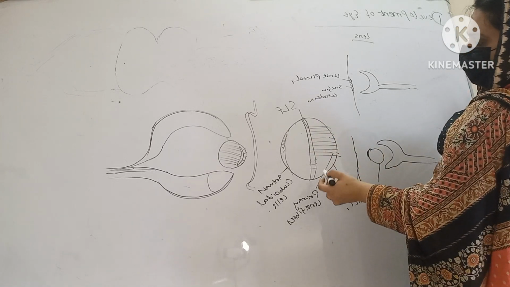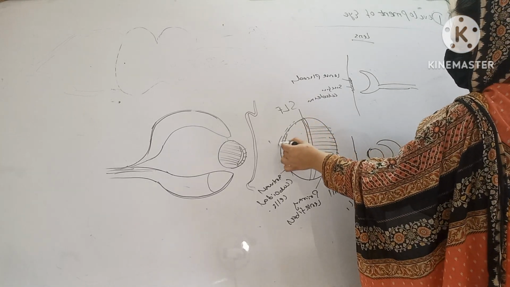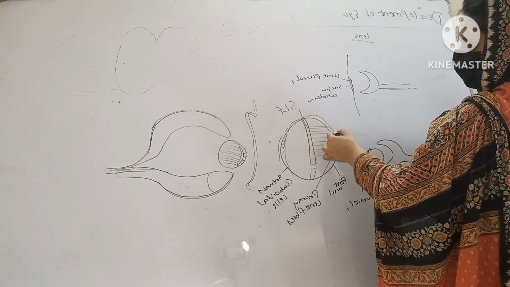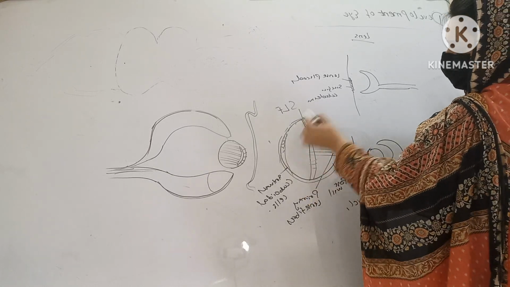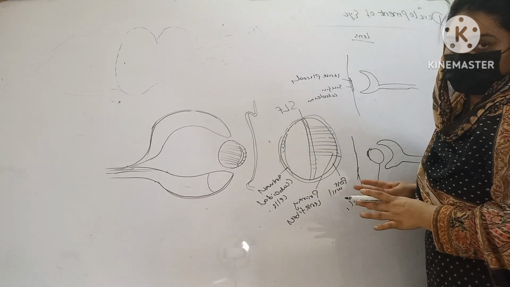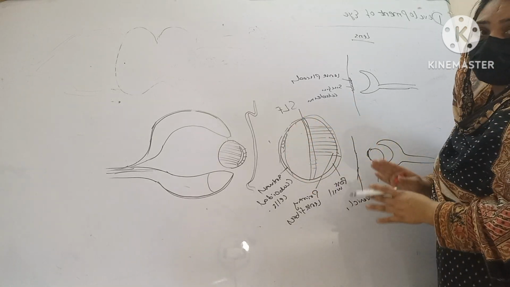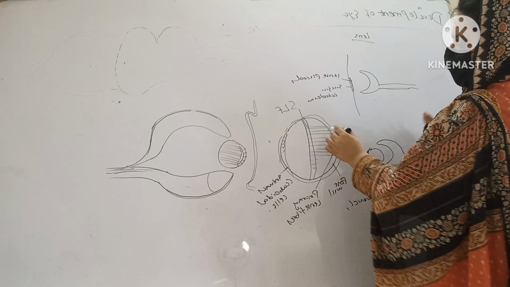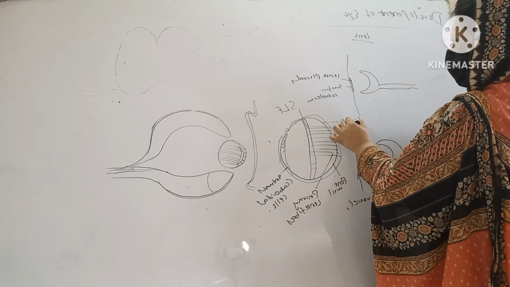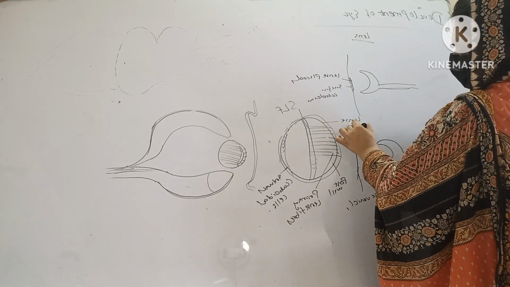Likewise, in the development of the lens, there is development of a layer known as the vasculosa lentis. But later on, this vasculosa lentis layer also disappears. Only the lens vesicle is left, which is the lens capsule. The lens capsule will be in contact